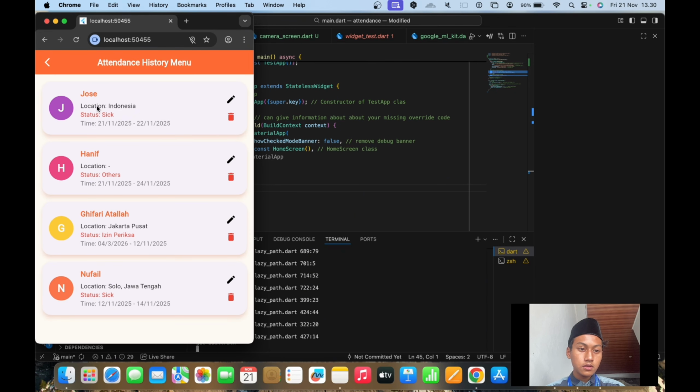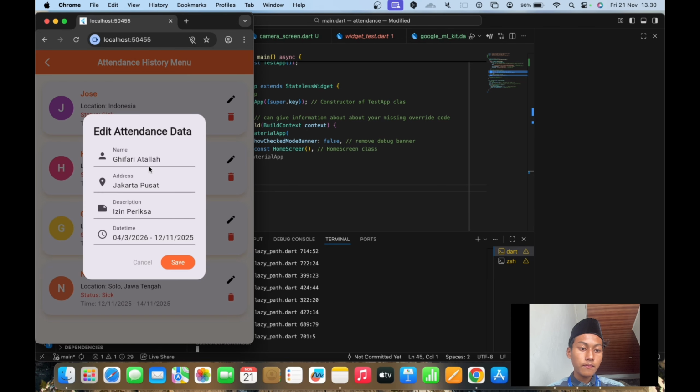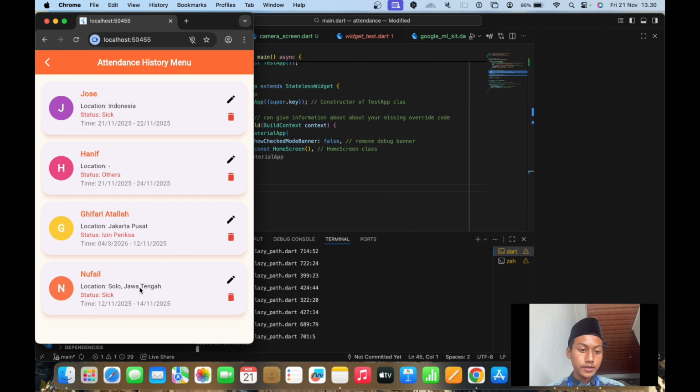Like this, there is a location, and from creating data, you cannot use location because I didn't make it for location. I fill in the address manually.